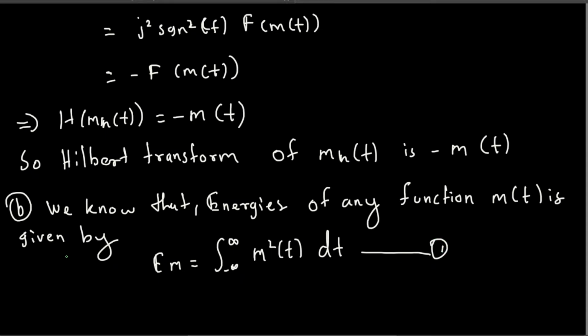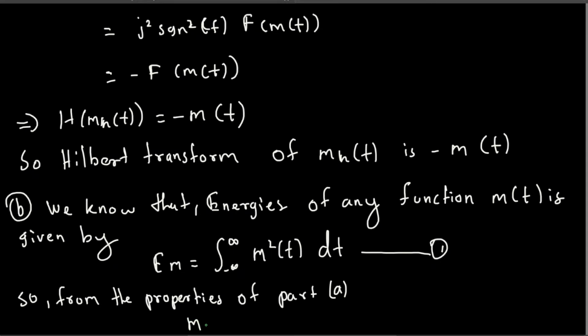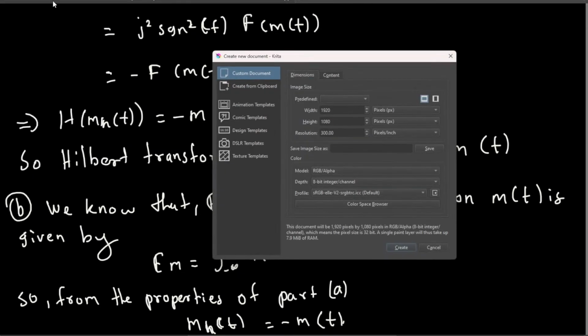Now we are going to use the properties in part A. From the properties of part A, MH of T is equal to minus M of T. This is what we derived in the part A. Using that, we can apply that in the same equation. So the energy of MH of T is given by